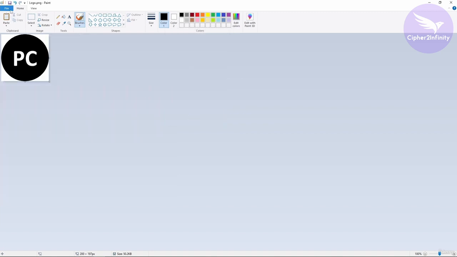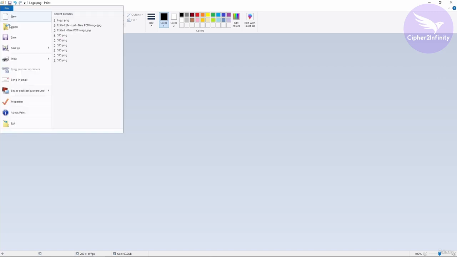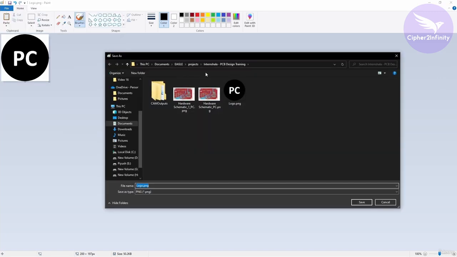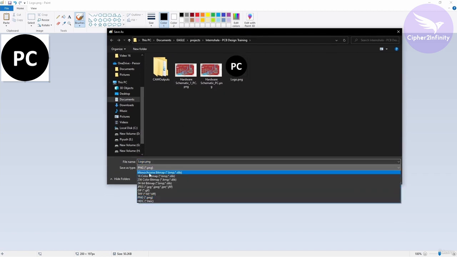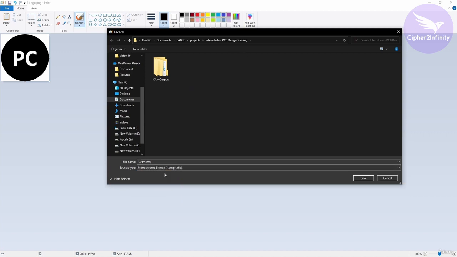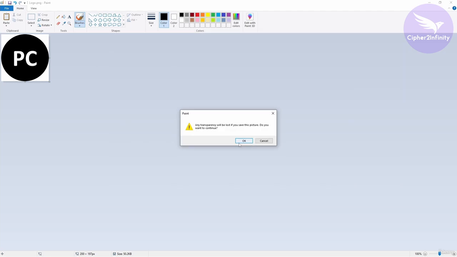And later I will click on File, then Save As, and let's navigate to the location. So the location is already selected, and you have to save the logo in this particular format, which is monochrome bitmap. So select this particular option, and after that click on Save. And it is saying any transparency will be lost, so it's fine for us. So I'm going to click on OK here,